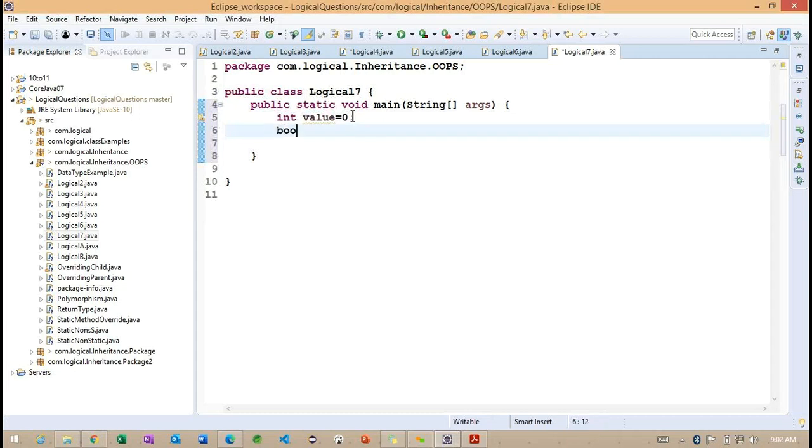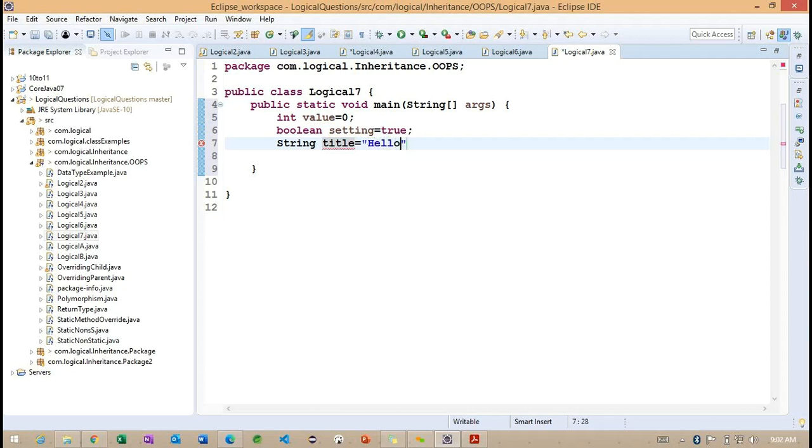An int value 0, and a boolean setting I want to take as true. Later, to understand a string-related example, because we did not discuss it as of now, String title equals hello, and I want to check with the condition.